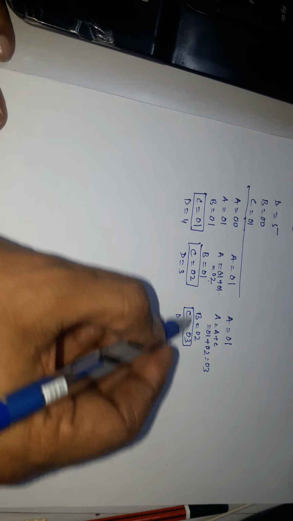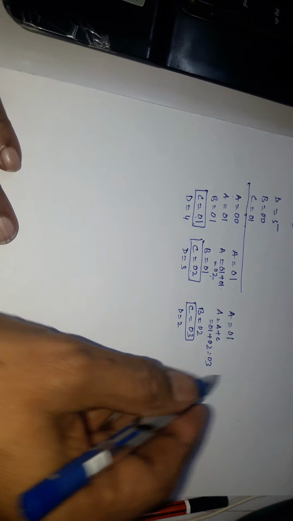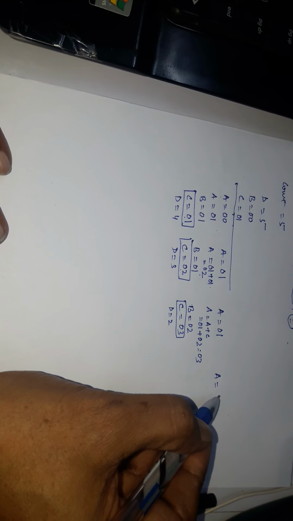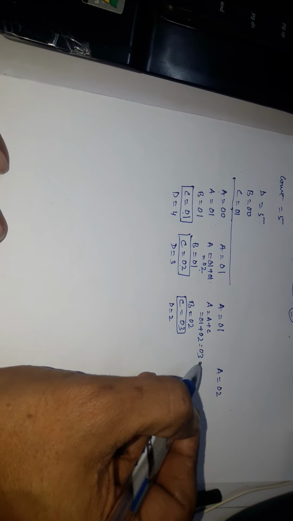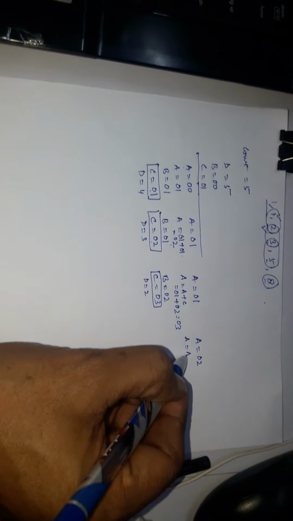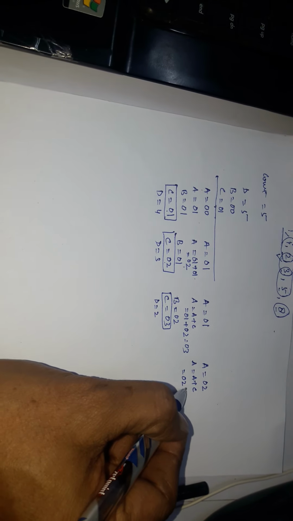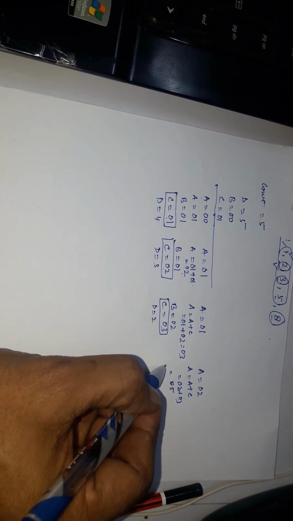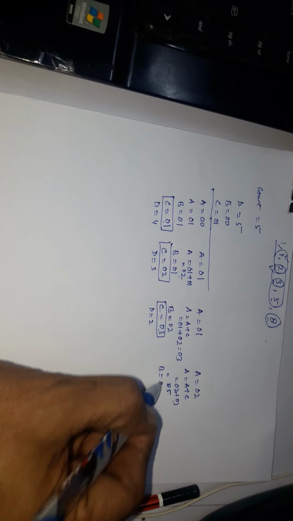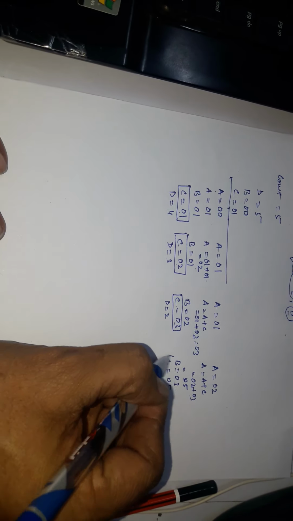Now this value which we have got is the sum of these two previous values. Since D has not become 0, it will again go and copy the content of B into A. What is the content of B? It is 02. And then we add C, so A will be equal to A plus C. What is A? It is 02, and C is already 03, so it will become 05. So in B we store the previous value, that is 03, and C will be having 05, and D will become 1. So we will get the next value, 5.